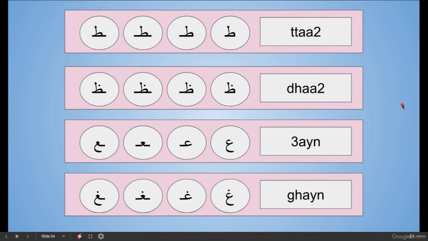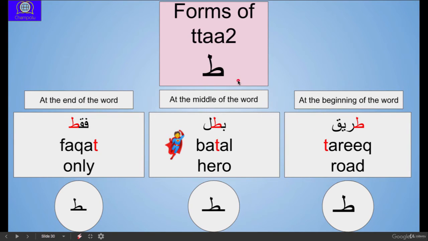Hello everyone and welcome to this lecture. In this lecture, we will be talking about a group of letters, the letters طاء and ظاء, عين and غين. The letter طاء corresponds to the sound ط, ط, which is one of the emphatic sounds that exist mainly in Arabic,